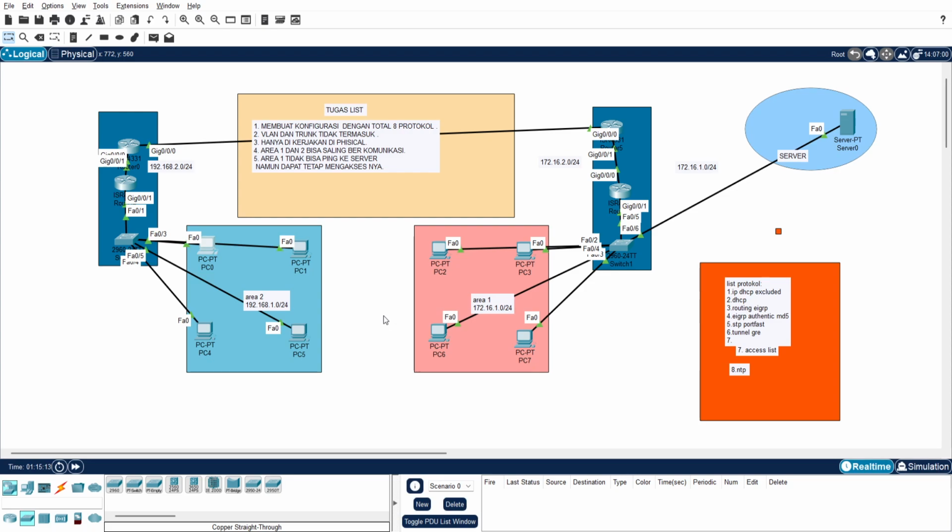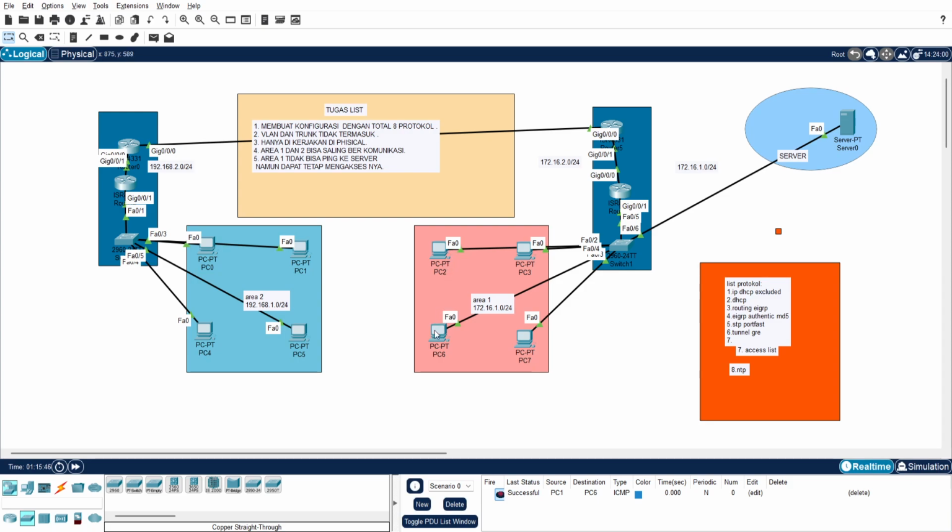Then routing IGRP. You see, if I ping this PC1 from area 1 to PC6 in area 2, it is successful. PC1 goes to switch and then goes to router 1 and then router 2 and then router 3 and then router 4 and then goes to another switch and then goes to PC6.